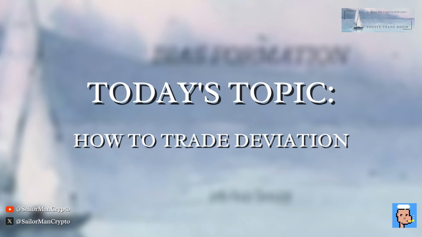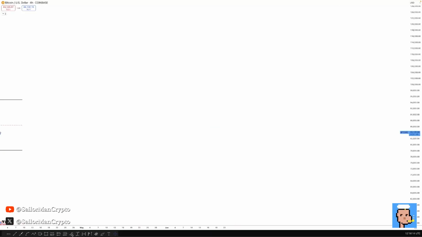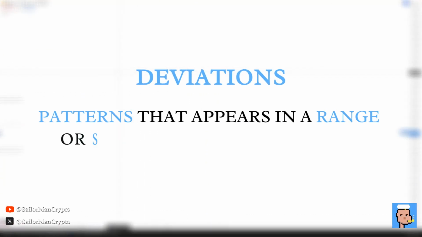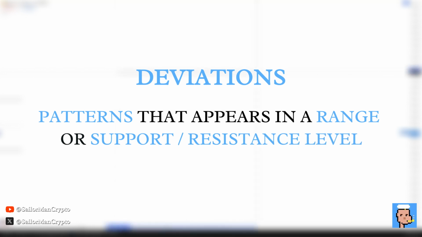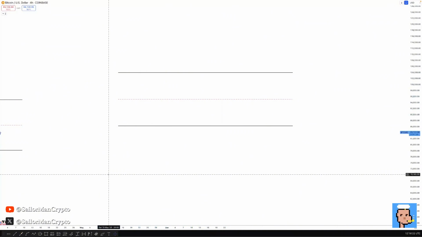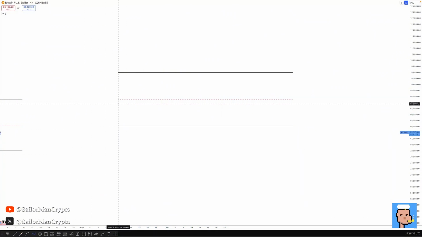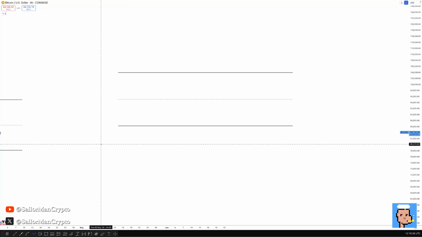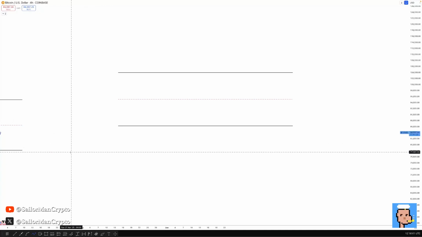And without further ado, let's start to see what is a deviation and how to trade it. So first of all, deviations are patterns that appear in ranges or support and resistance levels. So the first important part is to be able to properly select a range. There are many different ways to select a range, but once the range is developing, the first way to define